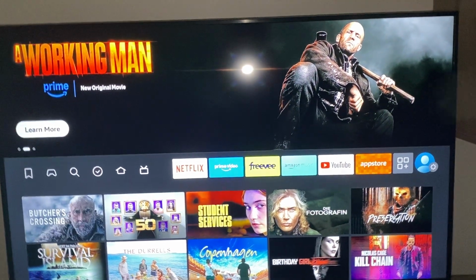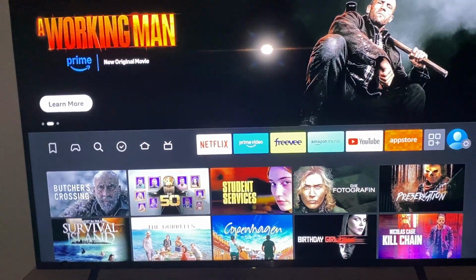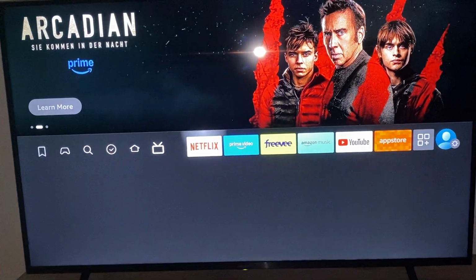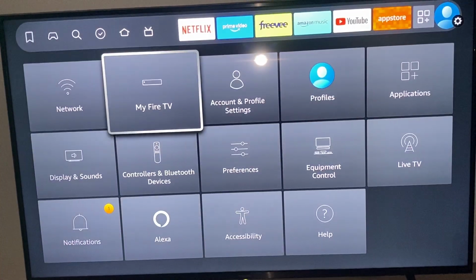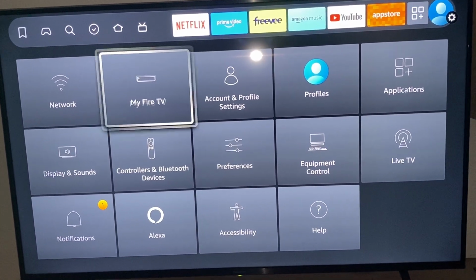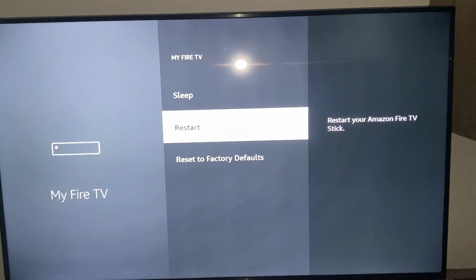In today's video, I want to show you guys what you can do if your Fire TV stick is unable to update. Okay, for the first step, we go from the home menu to the right to the settings, and here we can see My Fire TV, and here we can do a restart to restart our Fire TV